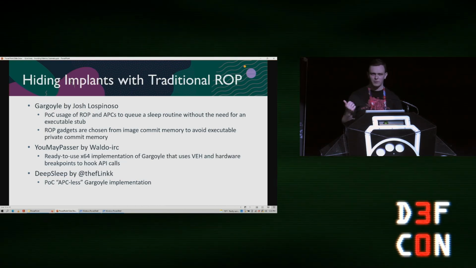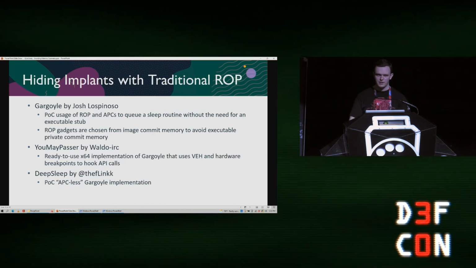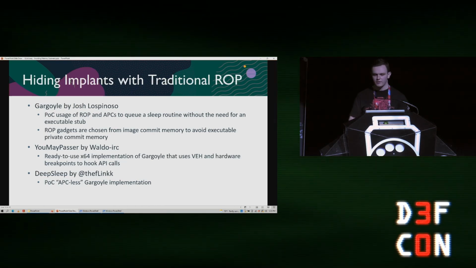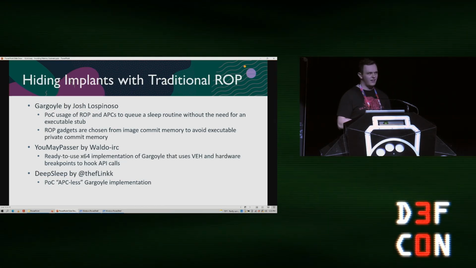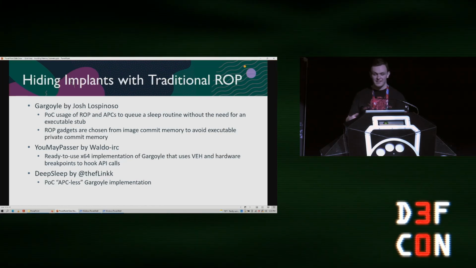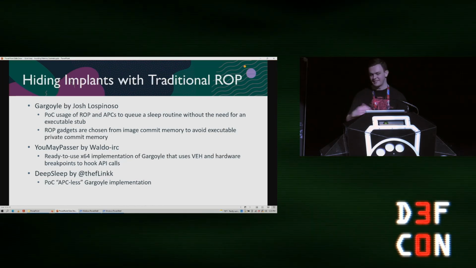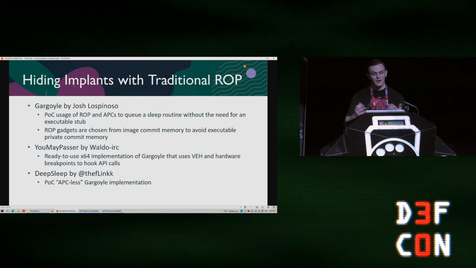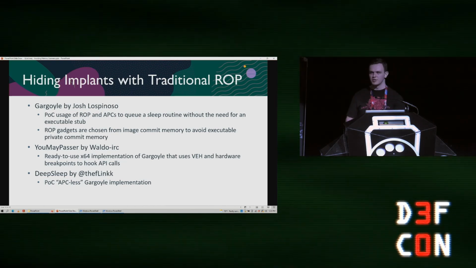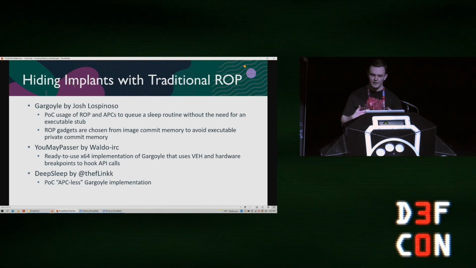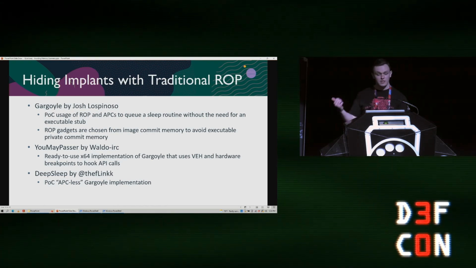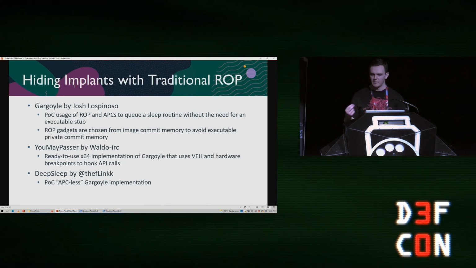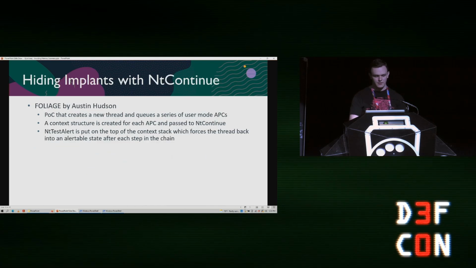The problem with ROP, and if you've done exploit development, you've probably run into this, is that as Windows updates or as you try and switch to different versions, the gadgets that you're calling may not exist in the process. And so you try and resolve a gadget that you need, you might not be able to find it, and now your project doesn't work, or you have to come up with some change for it to work, or maybe load a new library. And so these work and they solve the problem, but they're a little bit of a headache because you have to kind of keep on top of them as new versions come out.